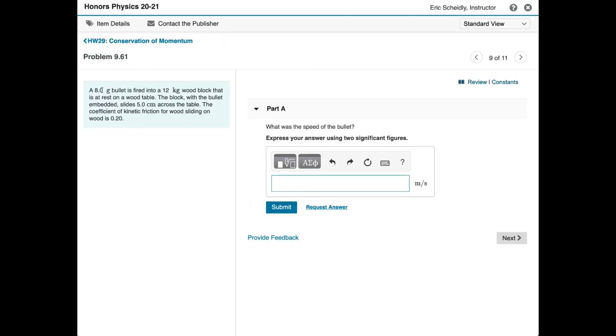A bullet, again in grams, 0.08 kilograms, fired into a wood block at rest on the table. The block with the bullet embedded slides 5 centimeters across the table. Coefficient of friction, oh my God, what's going on? Well,